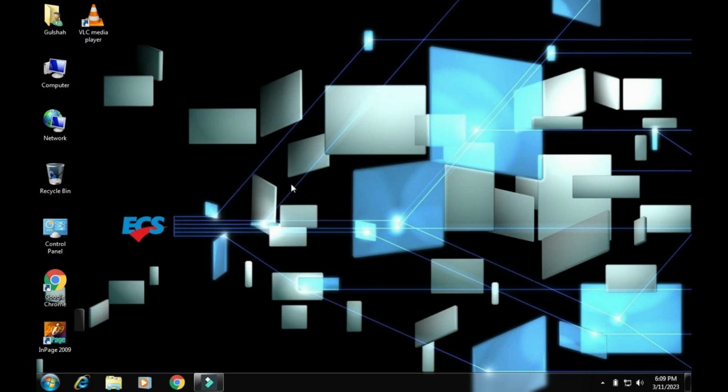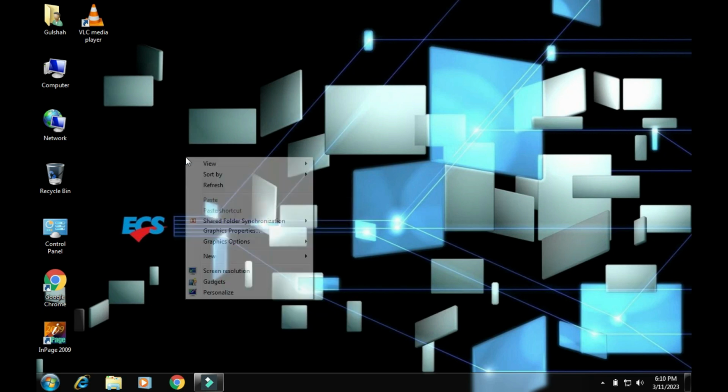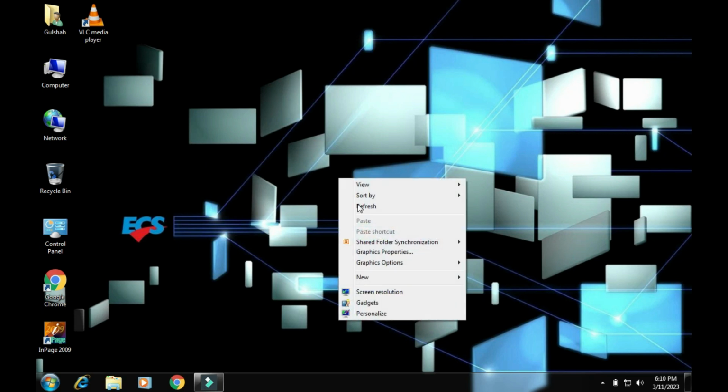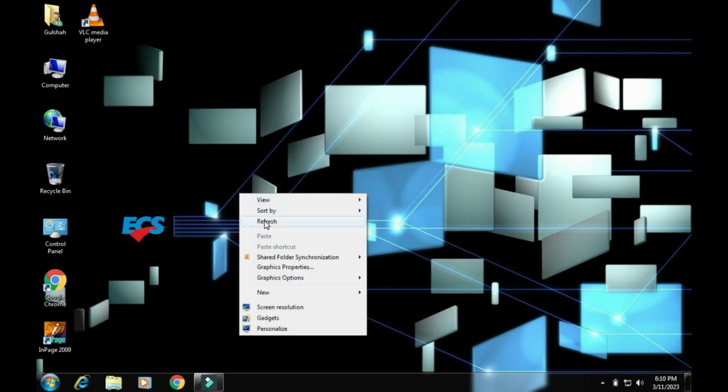I'm not sure if anyone is still installing Windows 7, because Windows 7 is a very old operating system, and now we have Windows 10 and Windows 11. But if you need to use an old computer or laptop, you need to use Windows 7